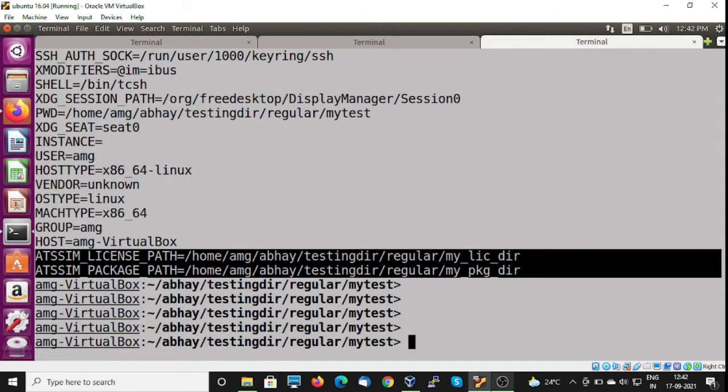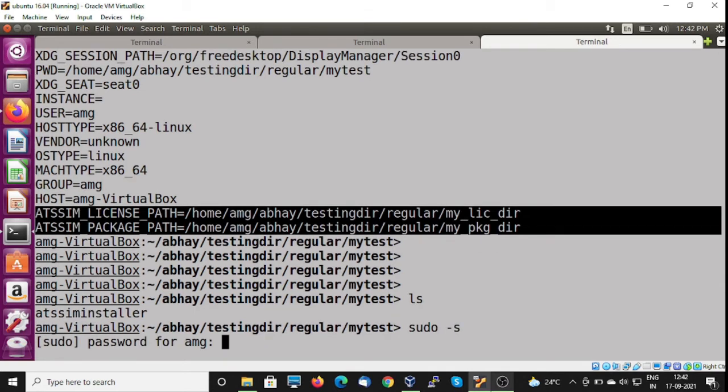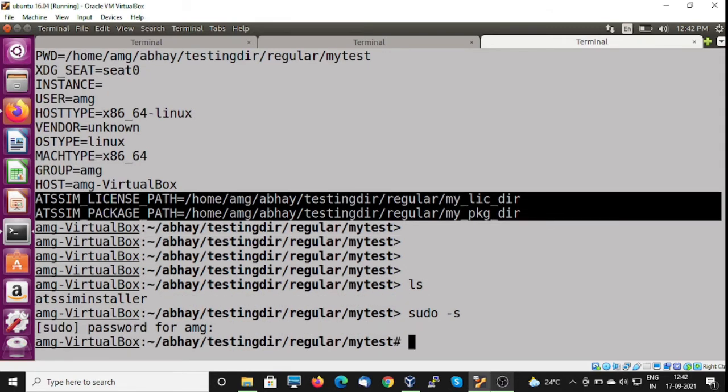Now I would like to create my license and then my package. So this is my TSM installer. I will again log in as super user. So I have to give command create LIC now.